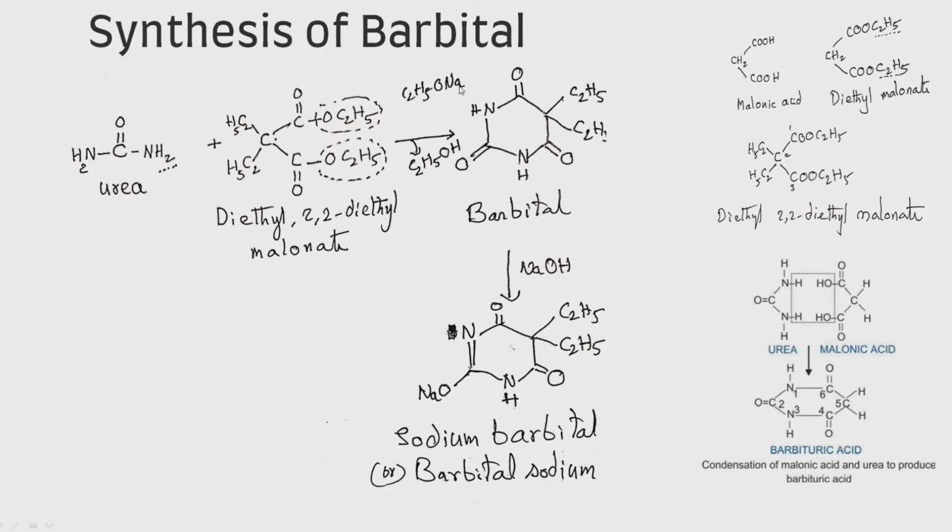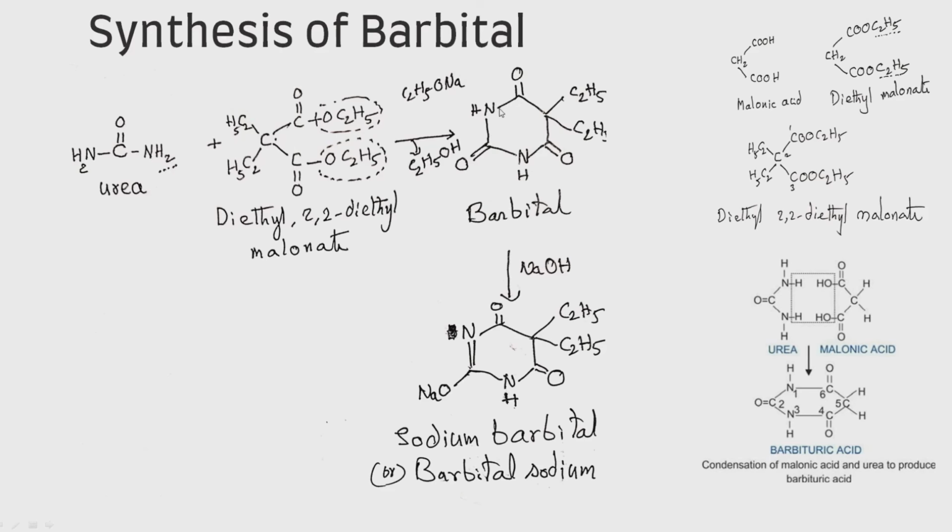alcohol and sodium metal. Here, from the urea, from these two nitrogens, two hydrogens are removed, and these two hydrogens are attached to this ethoxide and form ethanol. This hydrogen interacts with this ethoxide and forms ethanol. Again, this hydrogen interacts with this ethoxide and forms ethanol. Two molecules of ethanol exit from the reaction, and these carbons join with the nitrogens and form